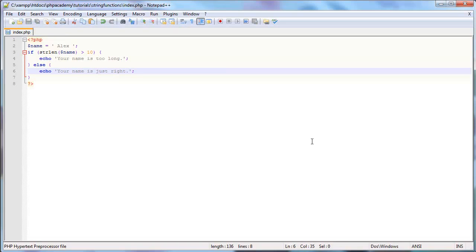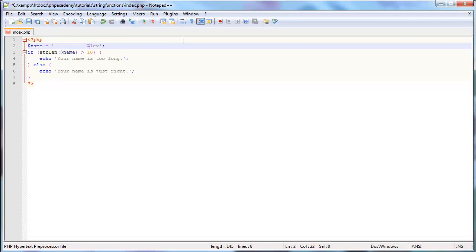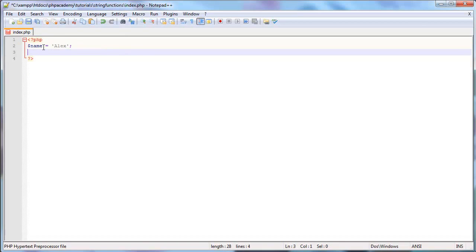Okay, so if the string length of my name is greater than 10, then my name's too long. So when I refresh, your name is just right. Now what I could do is I could put a load of spaces in there, and your name is too long. Opposite, you could have validation issues, because if your users can just go ahead and put a load of blank spaces in, then you're looking at potential issues, particularly if you had, say, username,